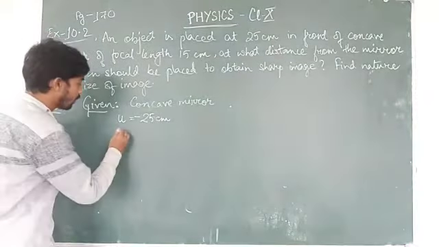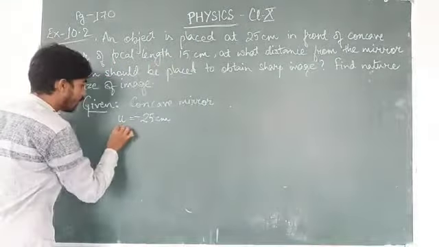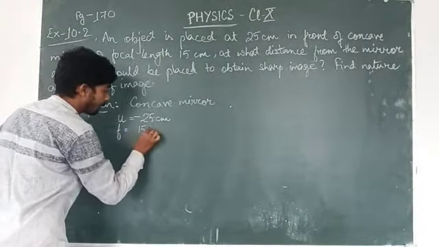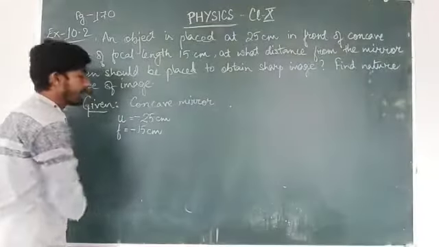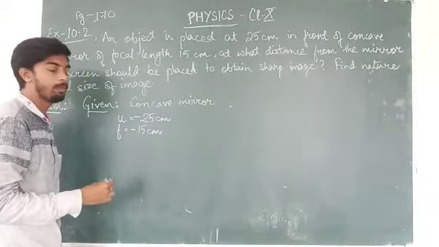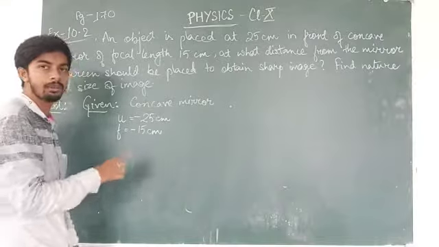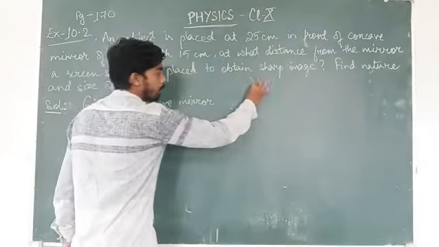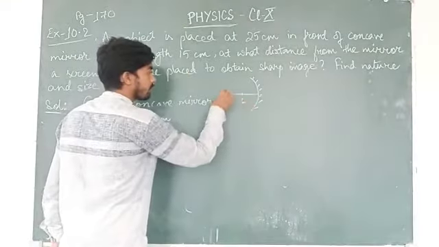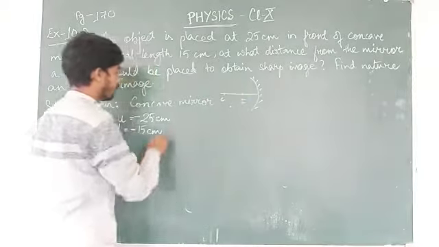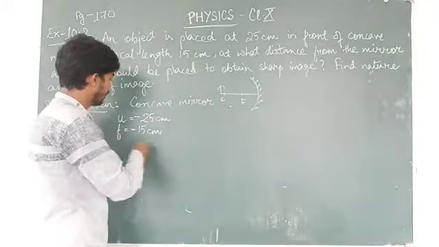Next information, we have the focal length of the mirror, given as 15 cm. Similarly, for a concave mirror, the focal length will also be negative. If you find any problem while putting up this information, you can draw a small image of this mirror. Since it is a concave mirror, it will be like this: principal axis, focus, center of curvature. So the object is 25 cm, it will be somewhere here, which means it is to the left. It does not matter where you are drawing. Then the focus is also to the left.